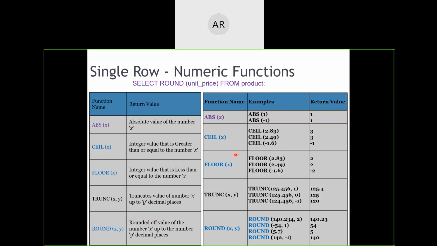So here I have kept an example for you to understand. Whatever I have spelled out here, the same has been kept here. So please go through that particular table and try to understand how these functions are going to work and how to use them, as here: select ABS of -1 from some table, or select ABS of X from some table.